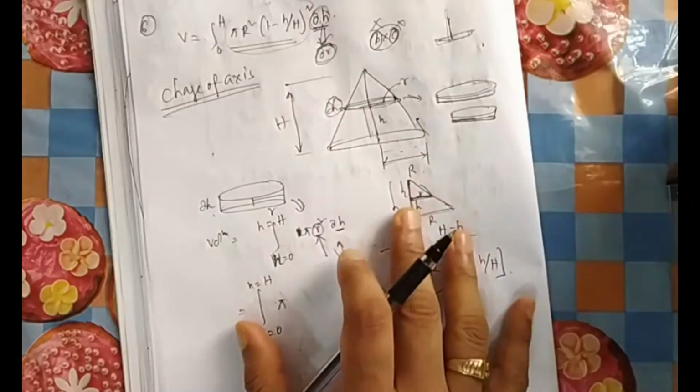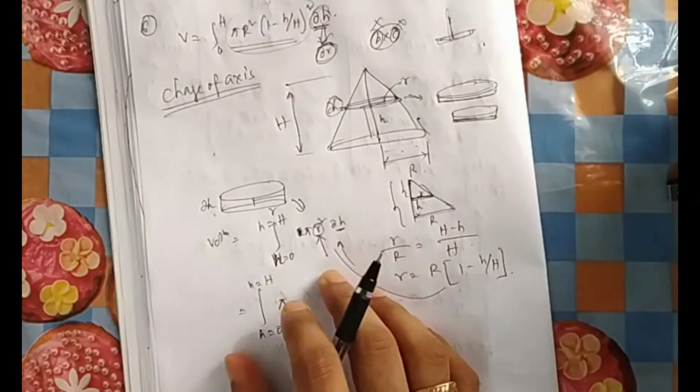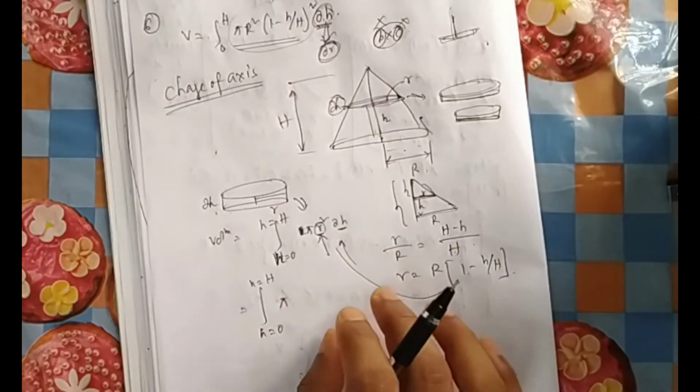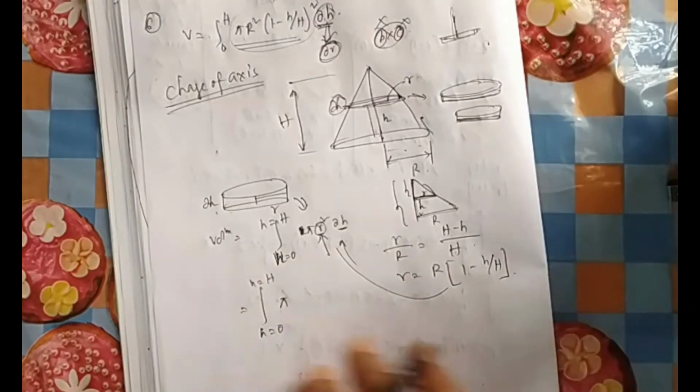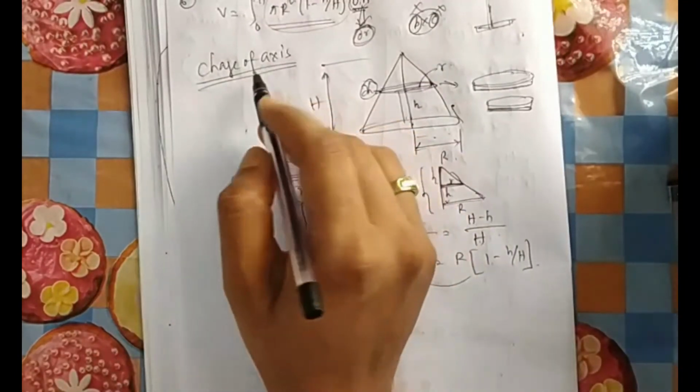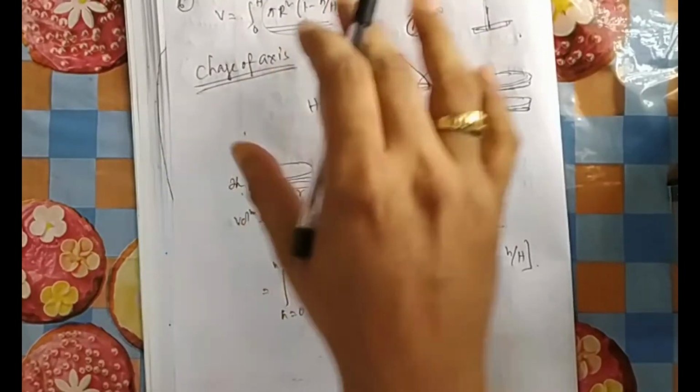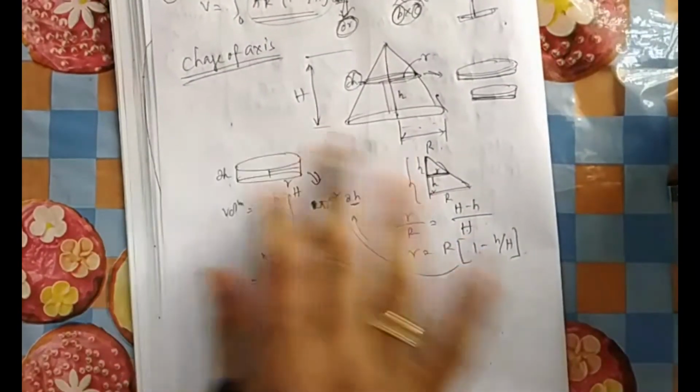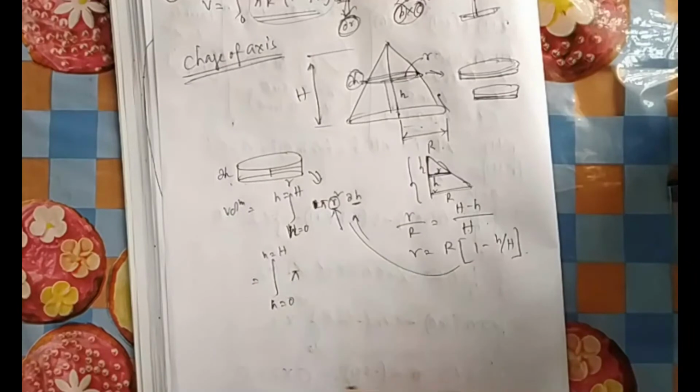If you know all these things, then it is not required to draw this one. Why am I doing that? I am trying to explain it step by step so that you understand where it is coming from. Thinking that you forgot what a change of axis is, that's why I am starting from scratch. But in the exam, if you know, you don't need to do these long steps.